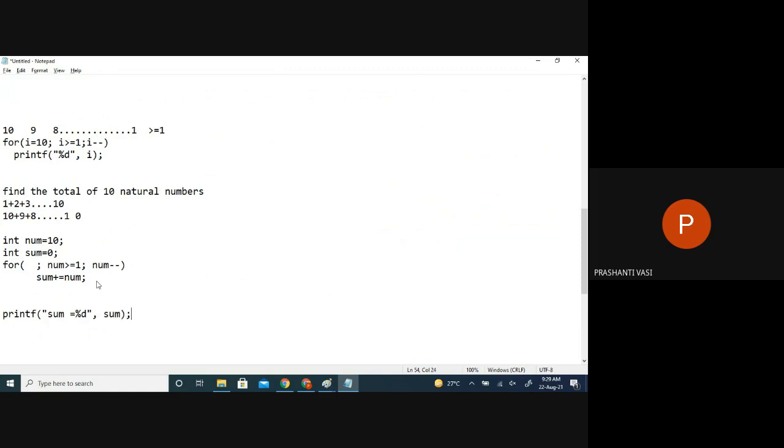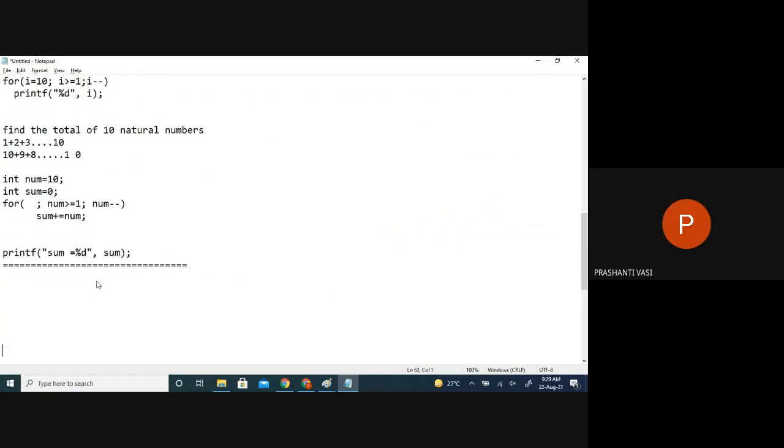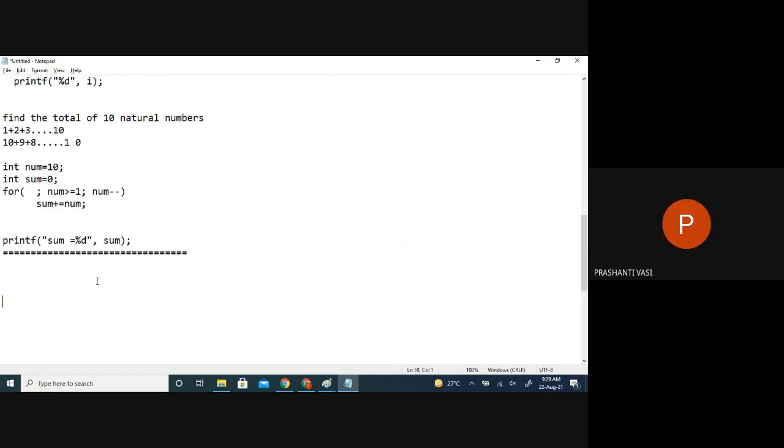Okay, is this clear? Yes, ma'am. There are a lot of programs we do, but we are not learning programs on loops. What we want to learn here is how to traverse a given set of elements. So I know how to move in forward direction or backward direction using a loop. Now we understood how to move from 1 to 10 or from 10 to 1. This at least you should know. Any confusion till here?